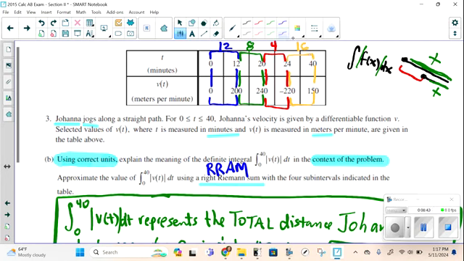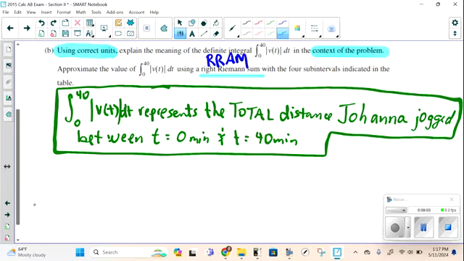Now, because these are all different widths, I got to handle each rectangle as its own individual RAM. So for the blue, I'm taking the right value of the blue rectangle, which is 200, and multiplying it times its width, which is 12. So it is 12 times 200. But don't forget, everything should be positive. So I'm going to do this. And that's 2,400